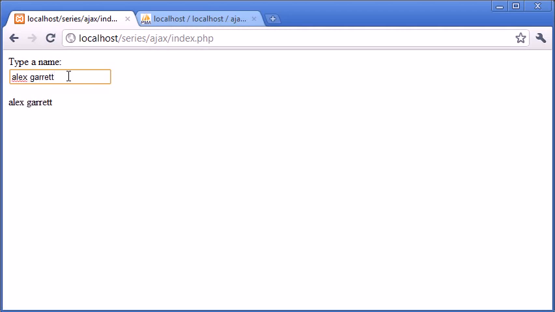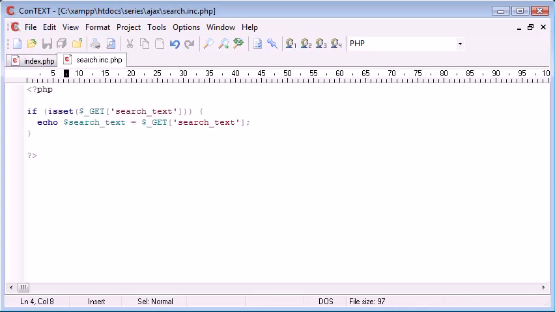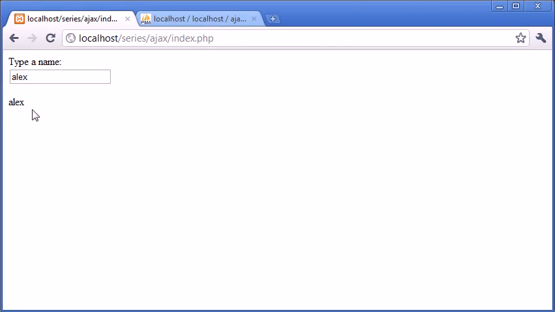I can type anything I want in here, so anything I type in here is just going to be simply repeated. So you can see how we can use this to our advantage, because now what we can do inside search.inc.php is create a structured query that will search the database for the current value being typed in here, and that's going to do a query for every time we enter a key. So it is going to significantly slow down our web page, or our server load is going to be quite increased, if you like,